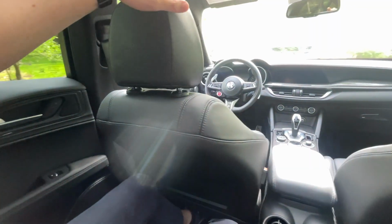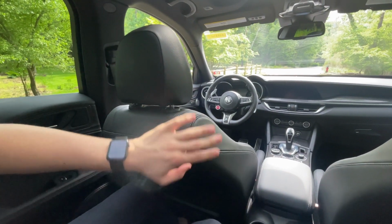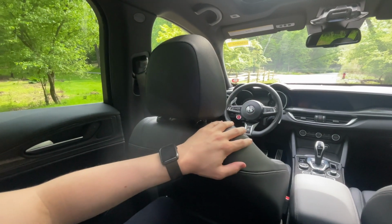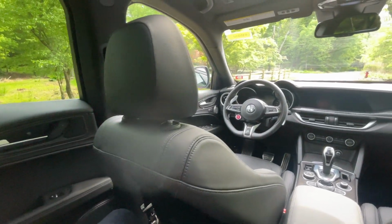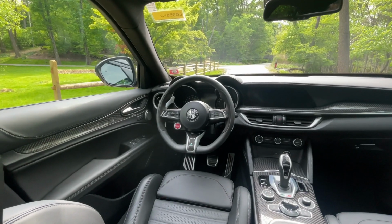And you can get an optional carbon fiber, almost racing seat, so the whole back will be carbon fiber. Those are actually not powered or heated, so that's why a lot of people go with these seats, as they're still pretty well bolstered, but they add in that heating and power factor that's a little bit more luxurious to some people. And after we're done with these rear seats, we're going to take a quick look, a deeper